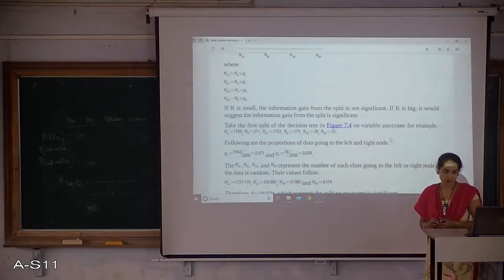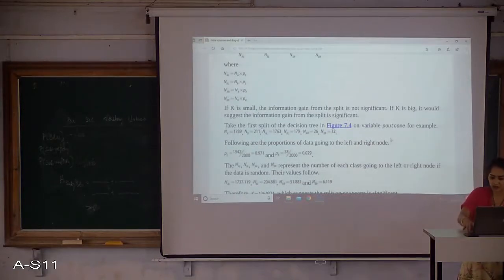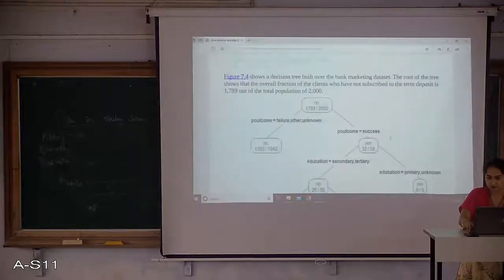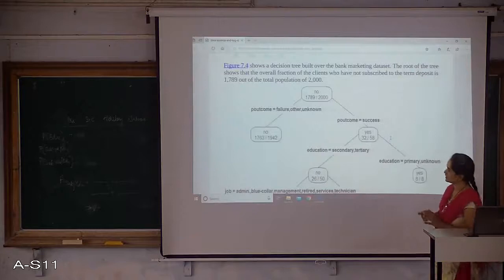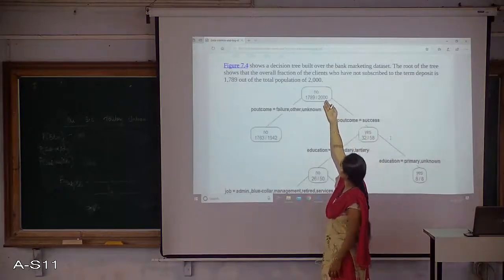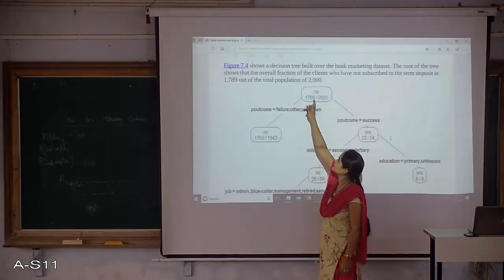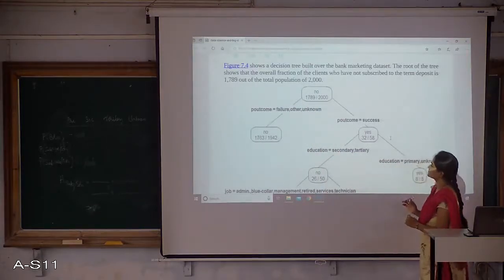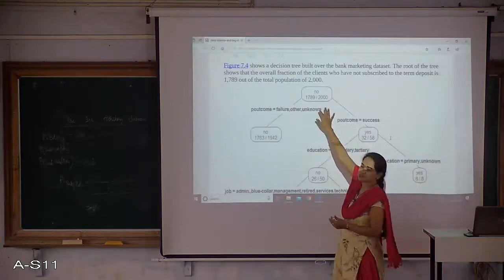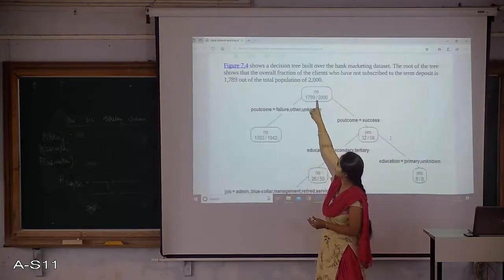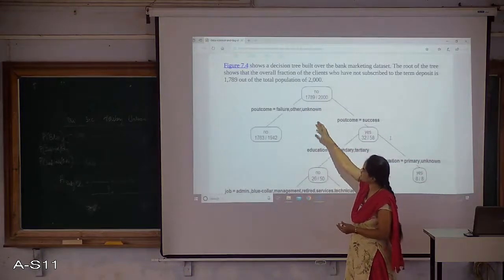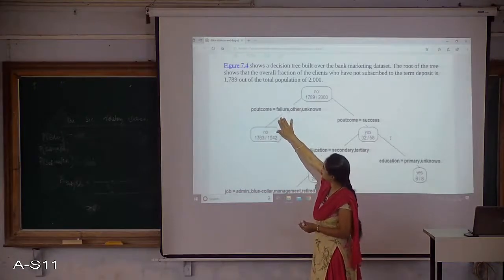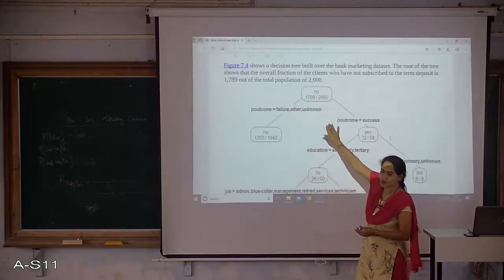Before I go to the example, have a look at the tree. Look at this tree, right? Initially I have 2000 entries. In that 2000 entries, these many are no cases and 211 are S cases. Okay, so I am considering the no cases out of 2000. In these entries, these many are no which have a P outcome value of failure, other and unknown.